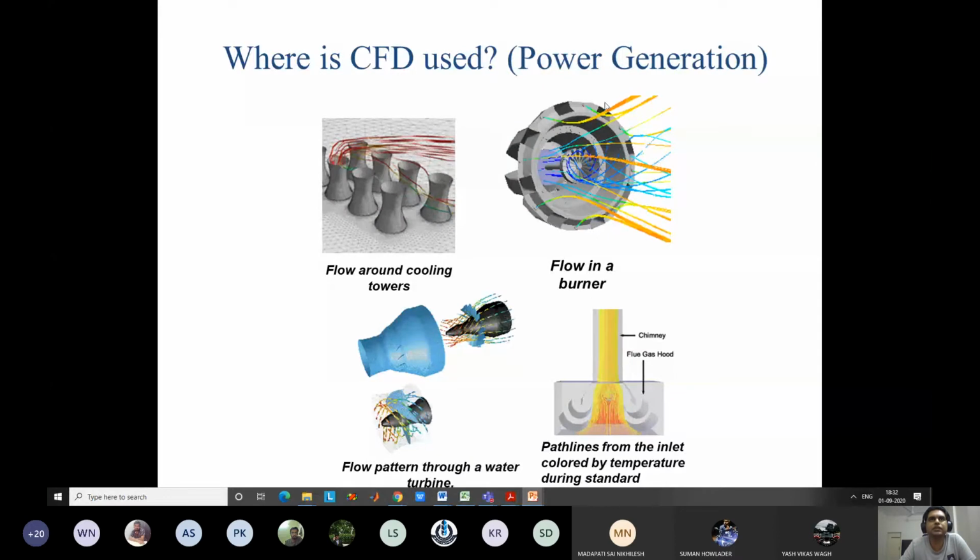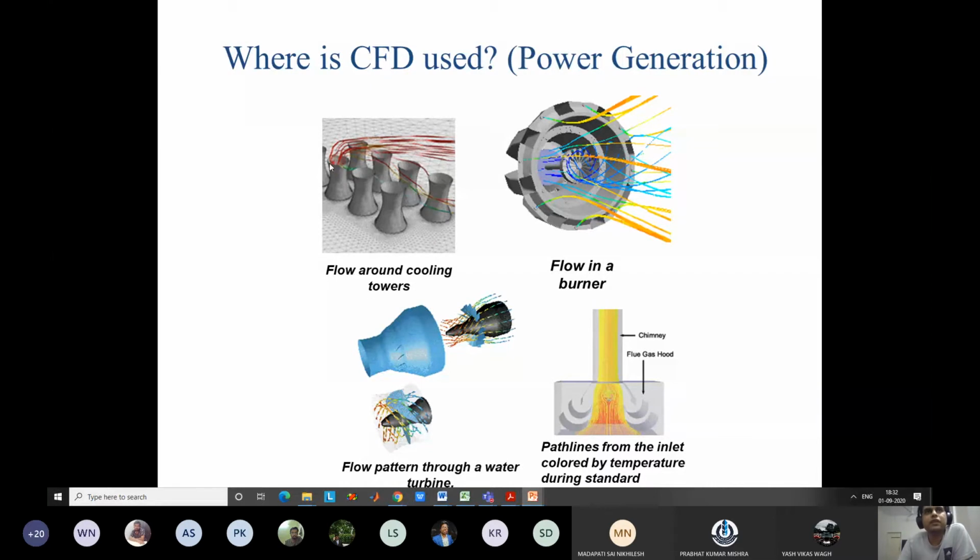Similarly, in power generation also, CFD is very important. In power generation, the most important aspects are gas turbines and steam turbines, we know. So how the flow occurs through the gas turbine or steam turbine, how the flow occurs over the steam turbine blades, flow over each individual blade, flow from one stage to the other stage. All these are designed very carefully by the CFD teams. Not only that, there are other applications which I am showing here. Randomly, I have picked from the internet.